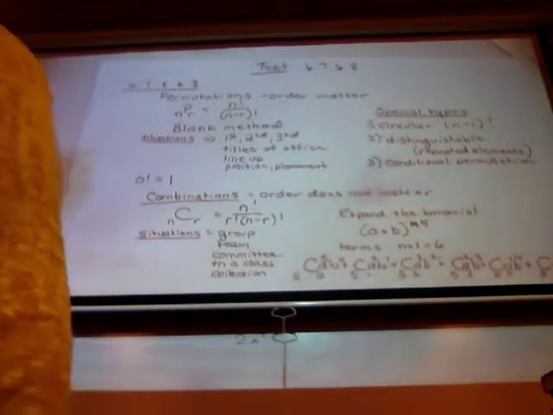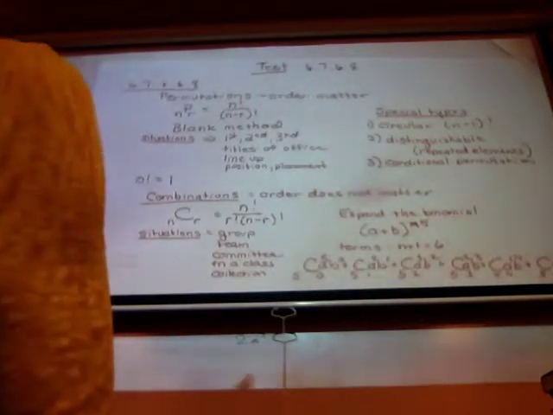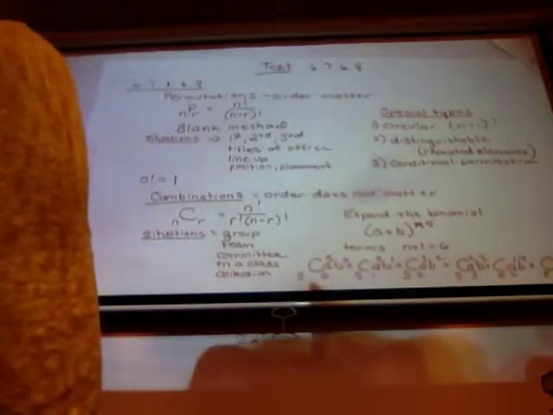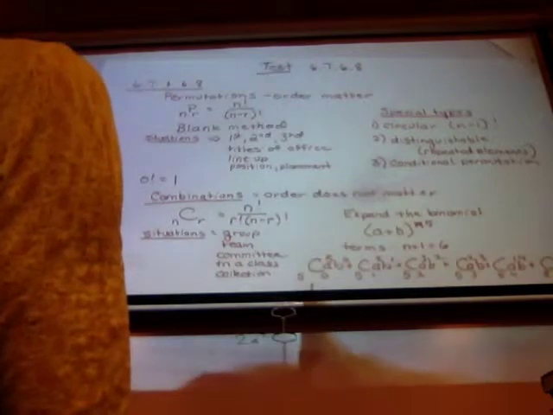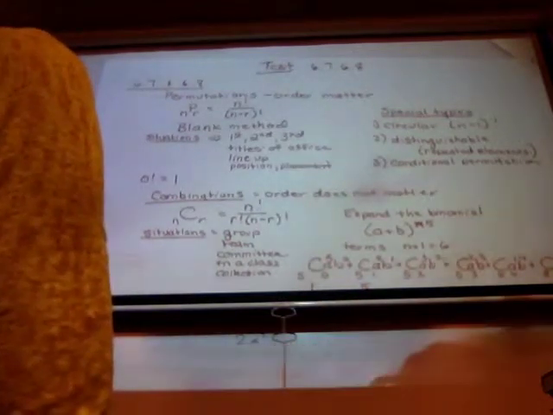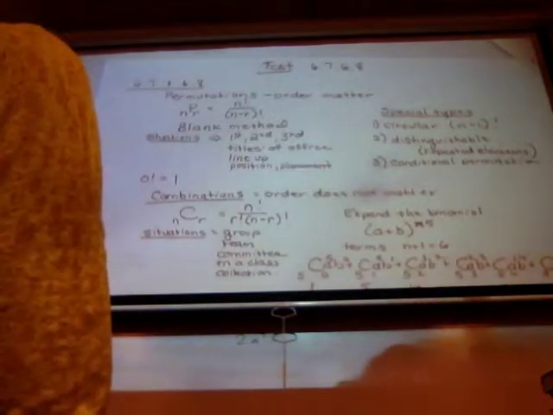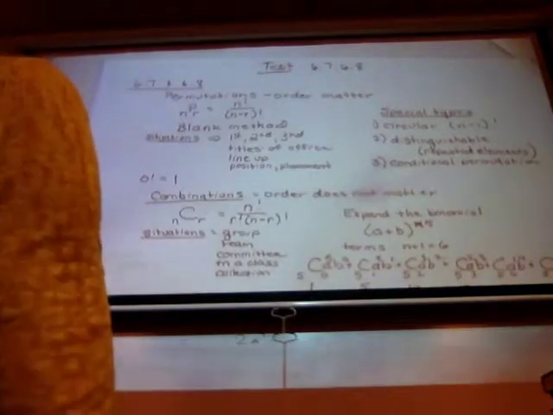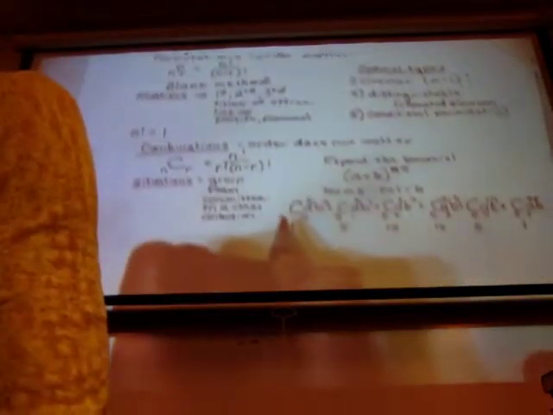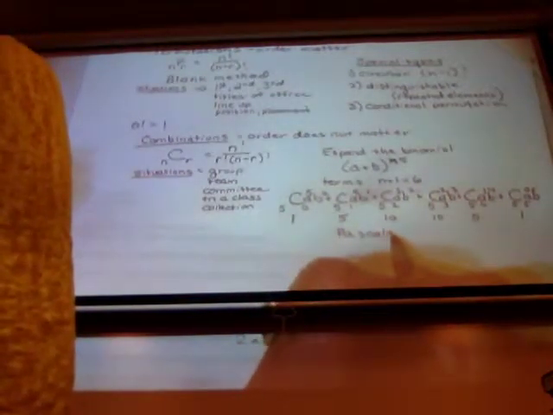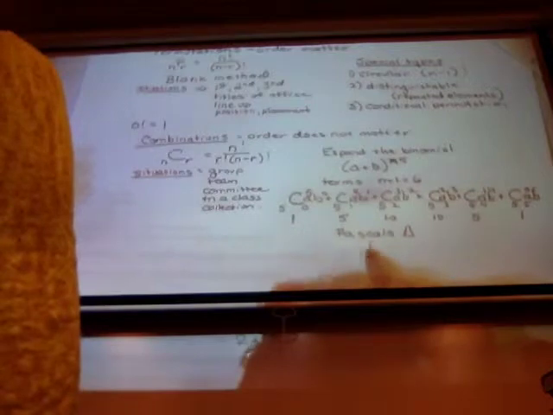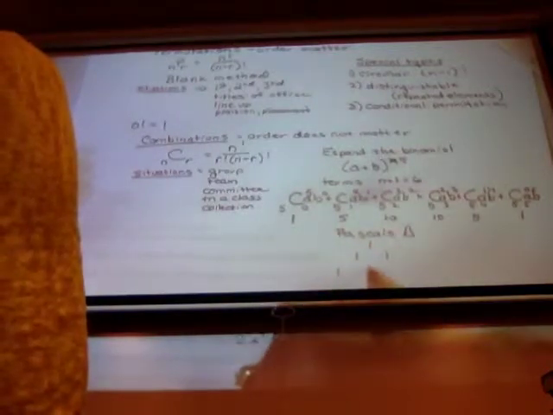What was our other thing that we used? Pascal's triangle. And remember, these are also always symmetric. Okay, if this is 5, then this is 5, and this was 10, and this was 10. That's for the combination part. Okay? You could also use Pascal's triangle. And here you'd have to make it